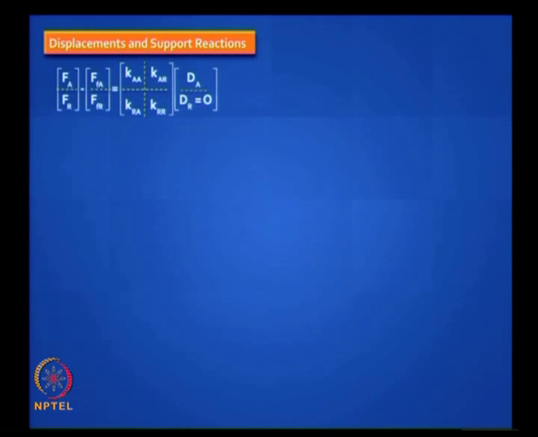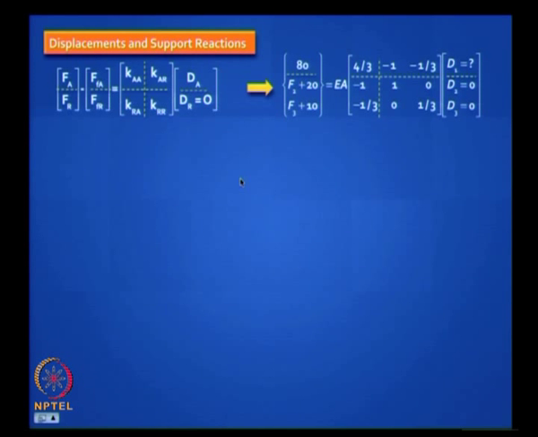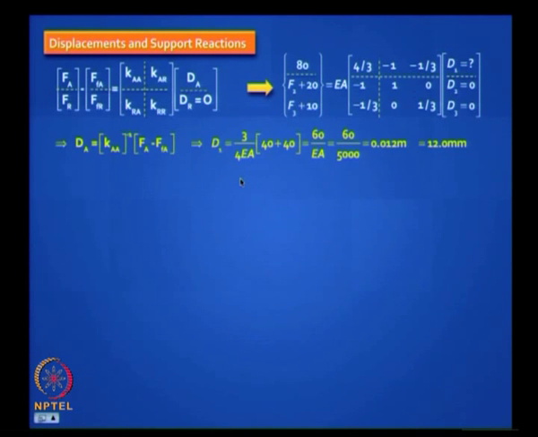Now you have these equations, you just substitute those values, solve. How do you solve this? What is the size of your Ka matrix? 3 by 3. Kaa matrix, this matrix is 1 by 1, because you have only one unknown active degree of freedom. So it is very easy to invert it. You solve that first equation, you will get the answer.